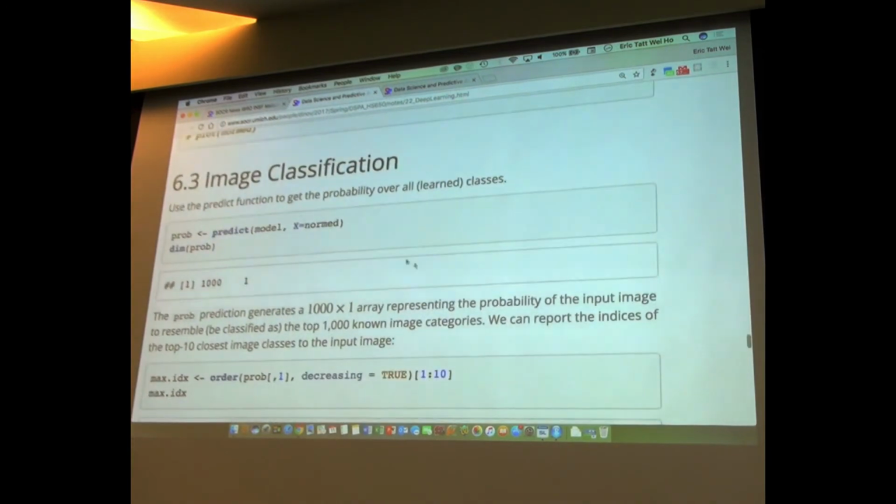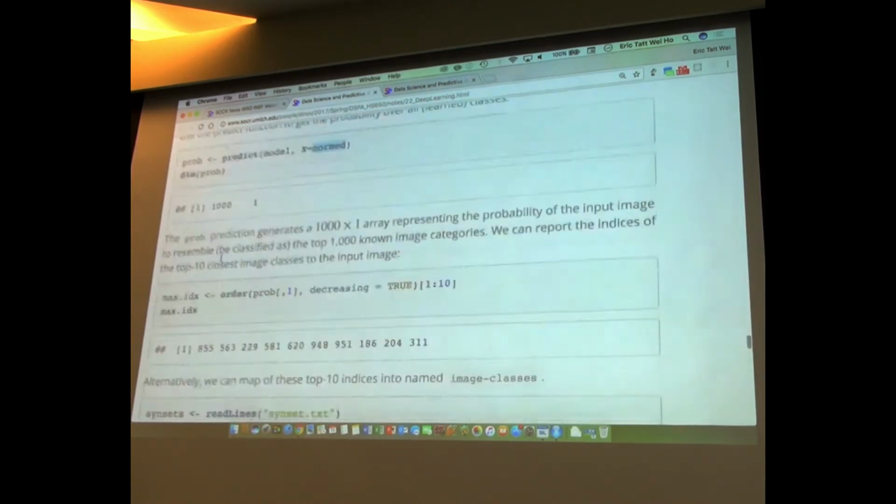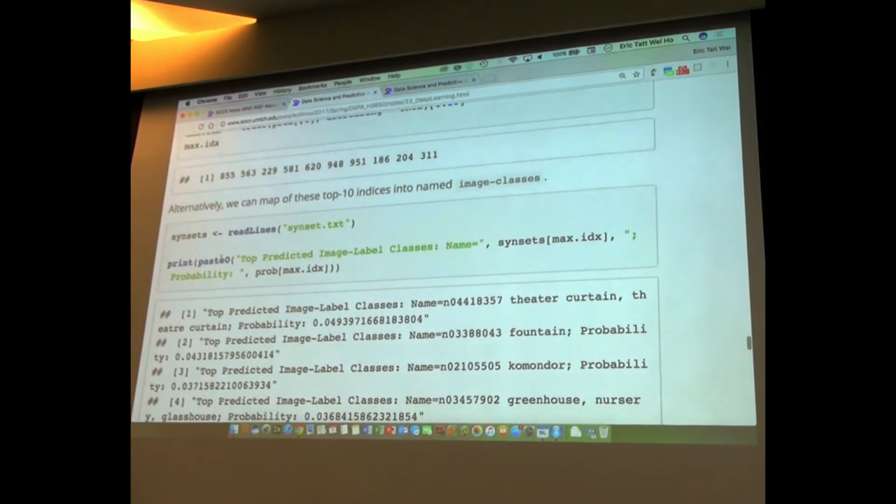And then what you want to do is, remember, we're skipping the training program here because training for images is very hard. Imagine a human needs to label an image with whatever is appropriate, diagnosis, clinical assessment, whatever. And then these things need to be paired. You need to learn on thousands of these things. It's a very expensive process. So for our images, we're using something that people have pre-trained on many thousands of labeled images. And we're just calling the predict method here, providing the image learning model that comes up, and then simply the normalized, which is spatially and intensity normalized image, print the dimensions of this prediction, and then you go ahead and